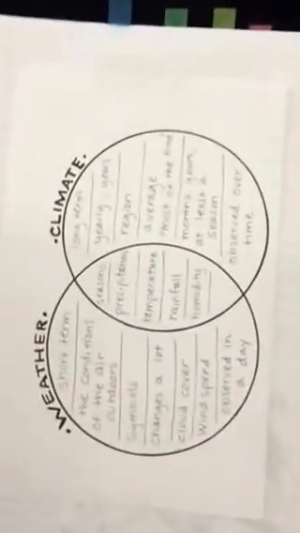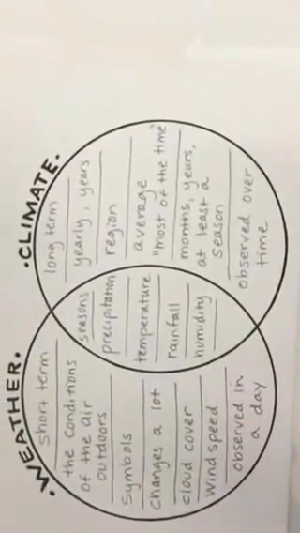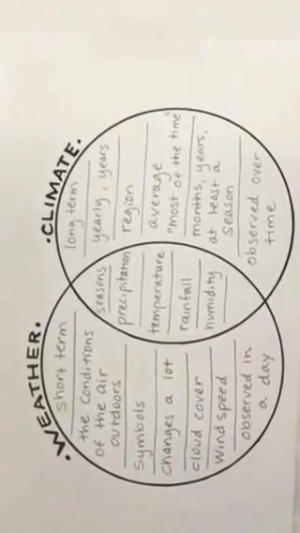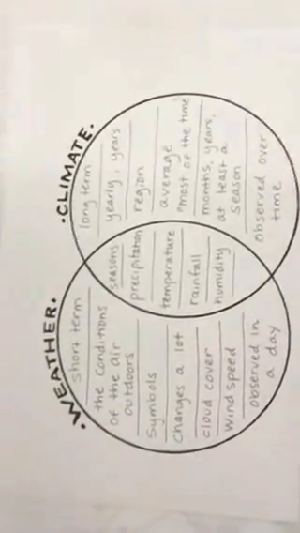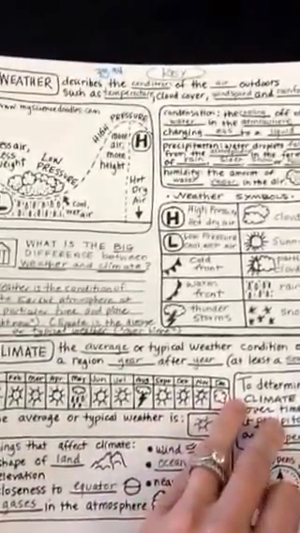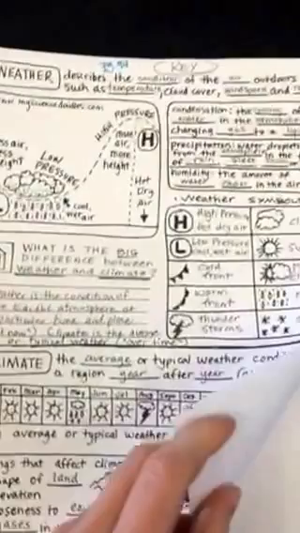On page 93 is the Weather and Climate Venn diagram. Unless you're in period 7, this is on page 95. But for the other two classes, this is on page 93. And on page 94 are your completed weather and climate notes. Remember, if you're missing anything, they are attached to the daily agenda, so you can print out any of these